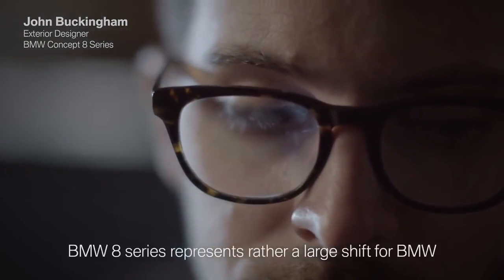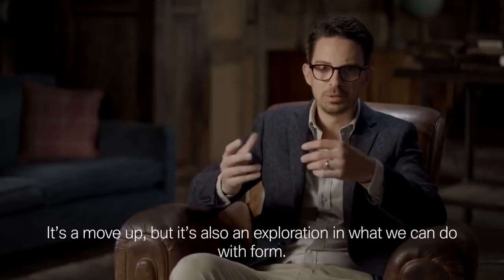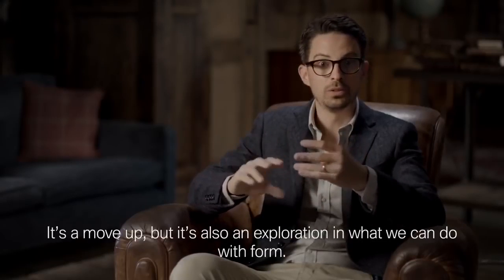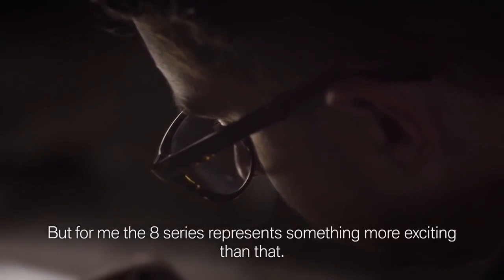BMW 8 Series represents rather a large shift for BMW. It's a move up, but it's also an exploration in what we can do with form. But for me, the 8 Series represents something